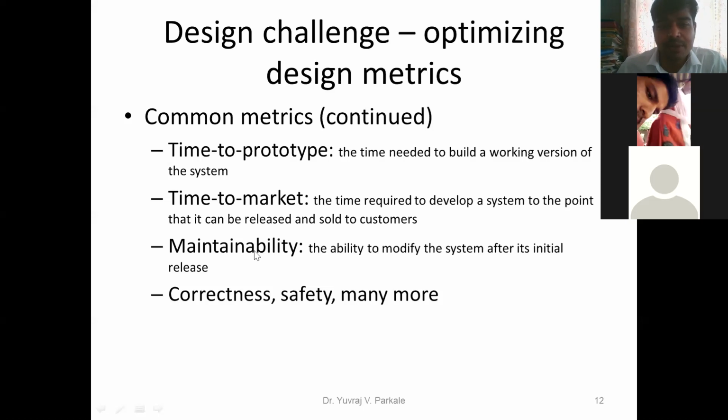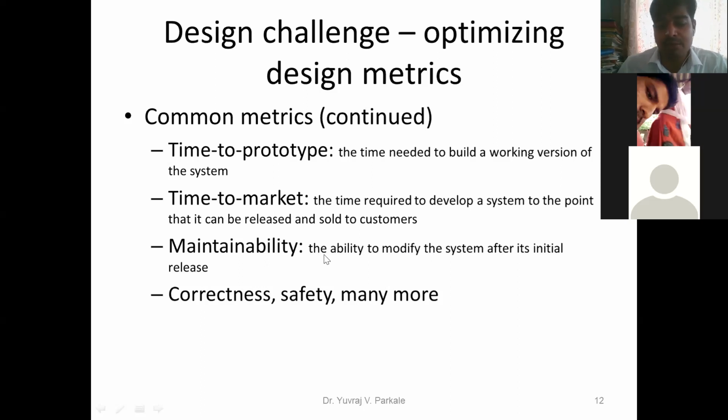So whether your embedded system is maintainable by the purchaser, that means the person who has purchased your embedded system should be able to maintain that system, irrespective of the seller. So this is called the ability to modify the system after its initial release.